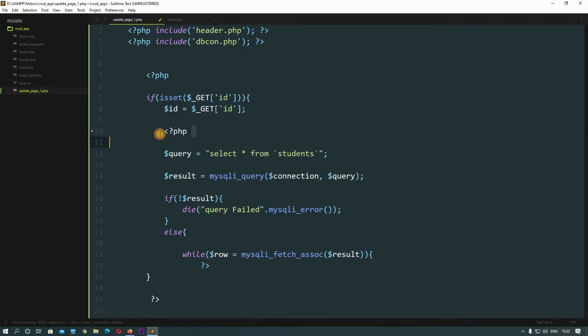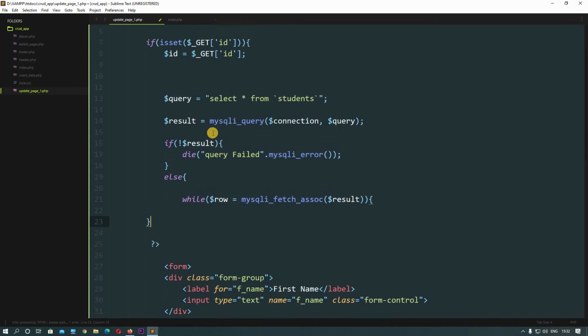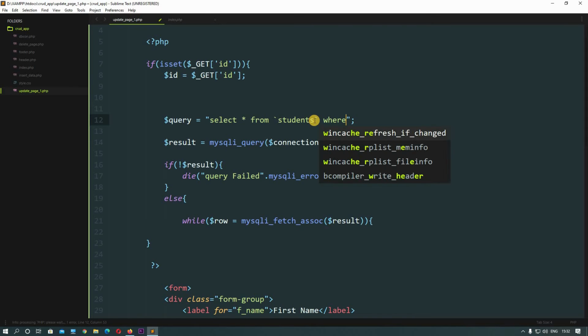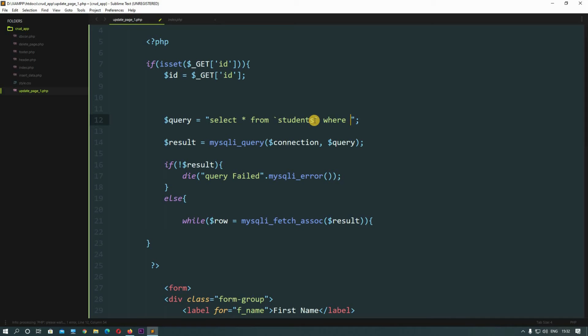Okay, we don't want this PHP right here and not this one right here. Fine. Okay, so select all from students where. Now we will use the where clause, where ID is equal to $ID, right?